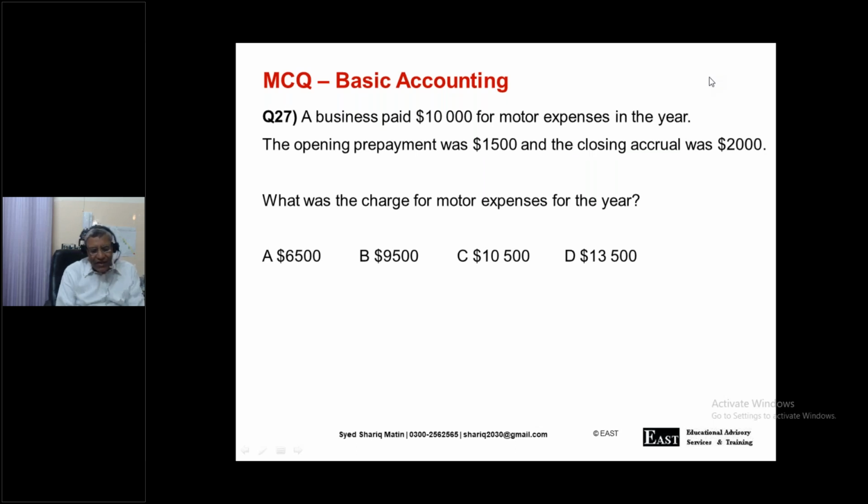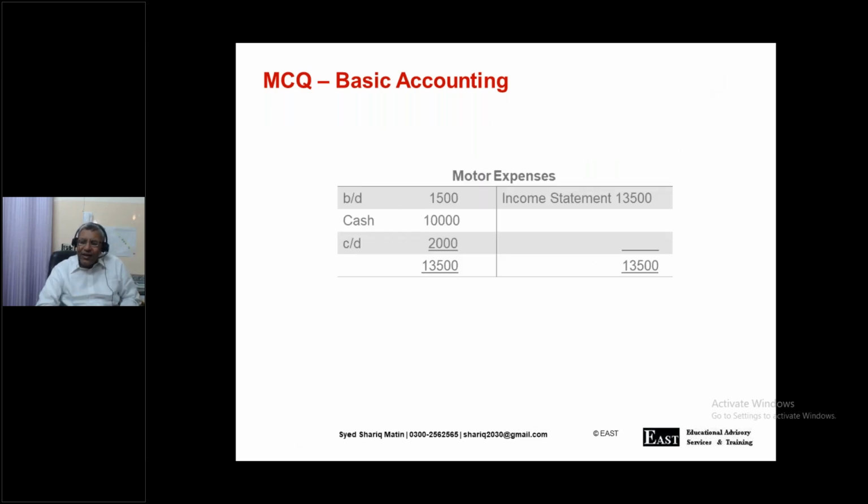Thank you. Great, great. Thank you very much. See, I have done exactly the same as what Shapar just told us. That there was a prepayment of 1,500, right? That was an asset and will be converted into expense this period. Now look at my ledger, right? My beginning prepayment was 1,500. During the year, I paid cash 10,000, and at the end of the day, I still have an accrual of 2,000. So my total expense for the period is